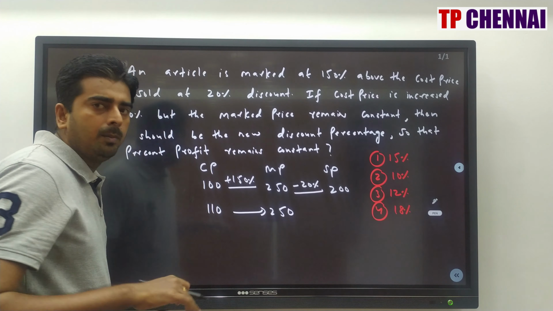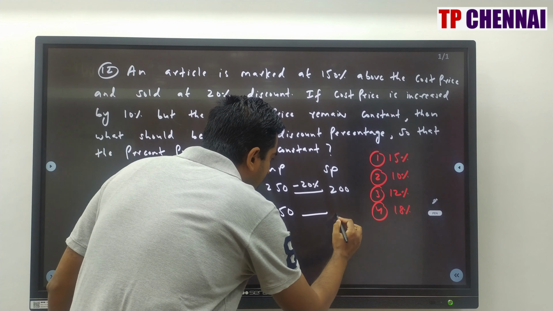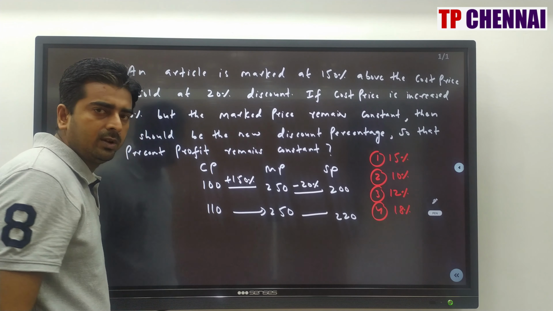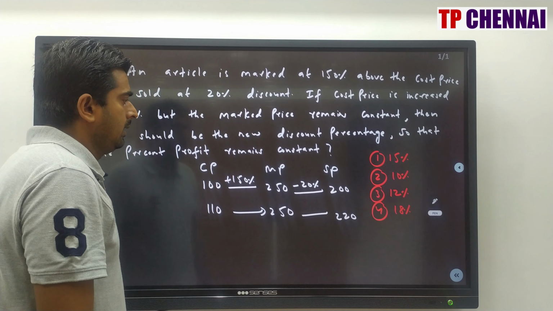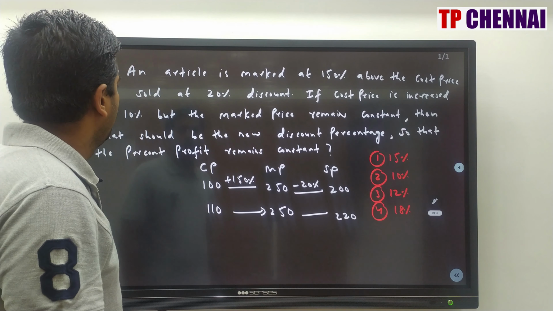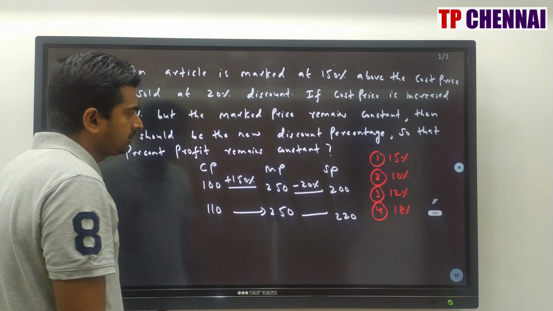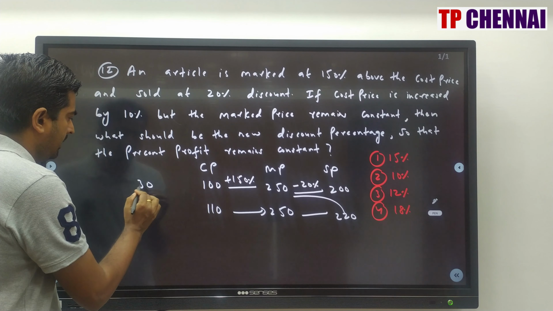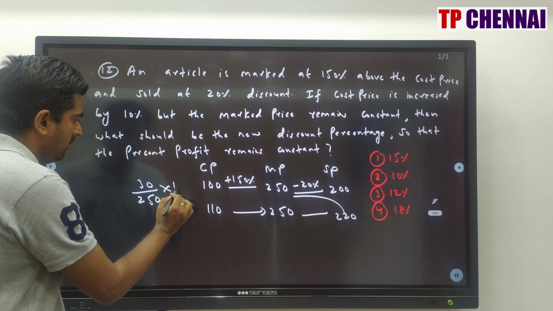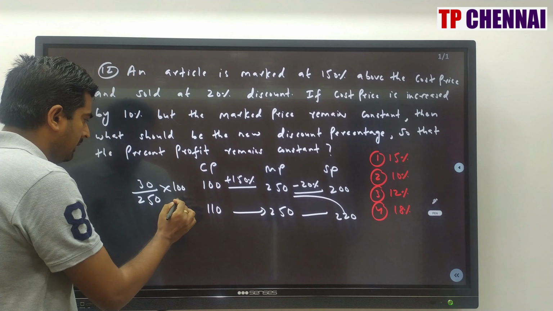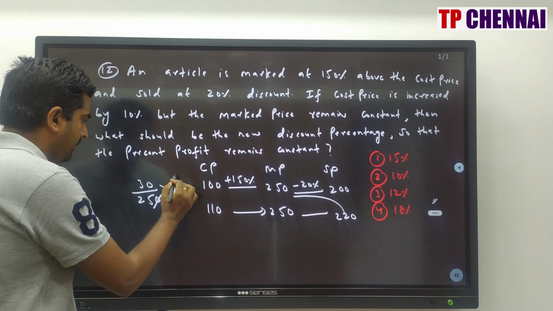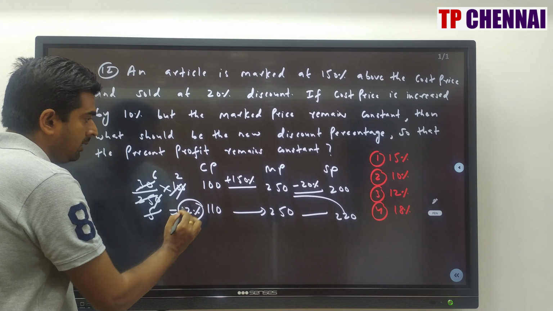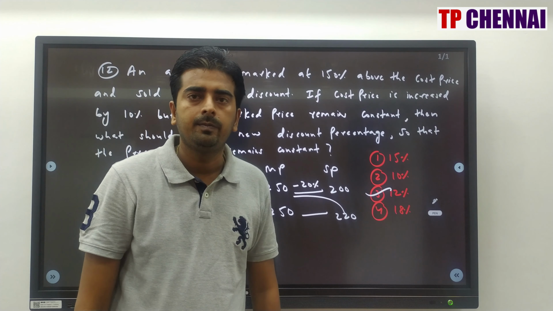So 110 plus 110, if you add, you will be getting 220. Then only percent profit will be 100% because difference is 110. 110 by 110 is 1. 1 into 100 is 100. Right? Now they are saying that what should be the new discount percentage? New discount percentage is how much? This is 30. 30 by mark price into 100, right? 0 0 cancel. 5 2s are 10, 5 5s are 25, 5 6s are 30, 6 into 2. What is the answer? 12%, which is third option.